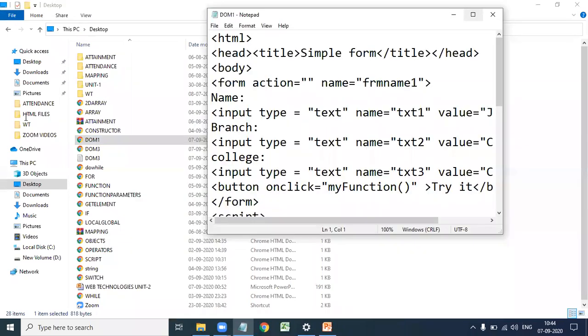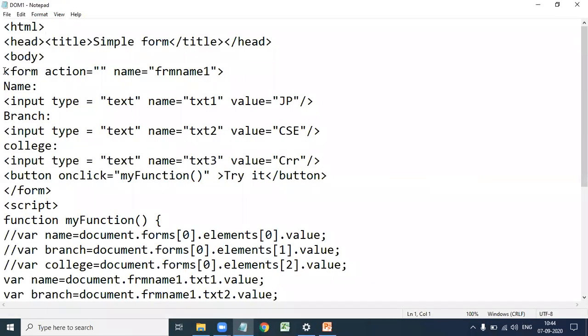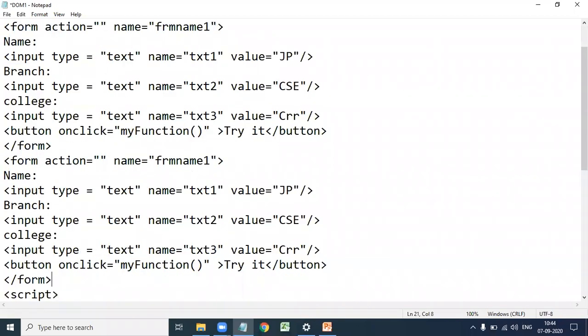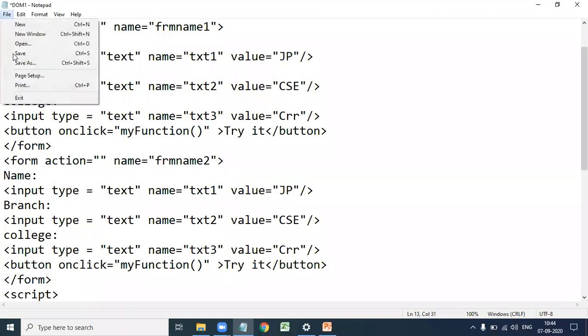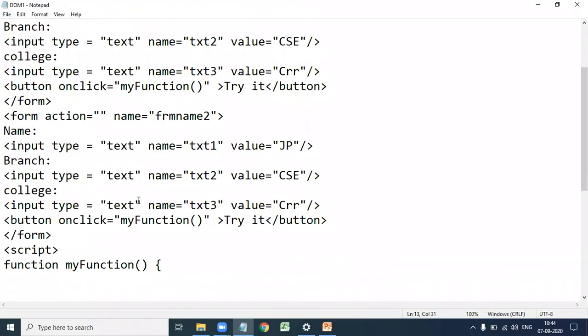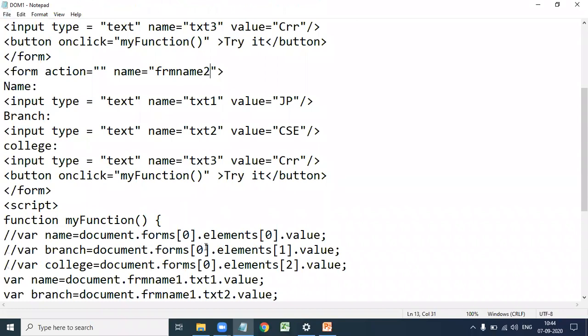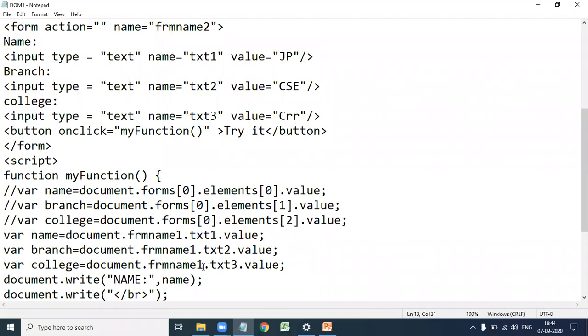Suppose there are two forms, let us see the output. Suppose there is another form with the name frmName2. If we want to access frmName2, text2 is ECE.